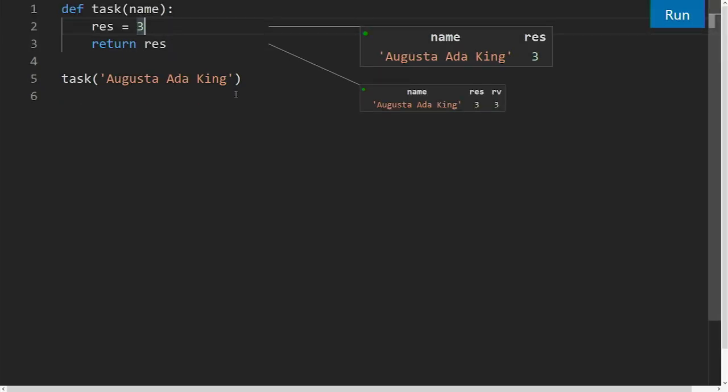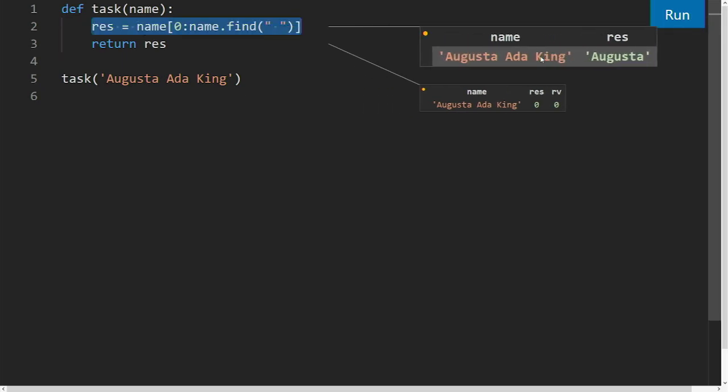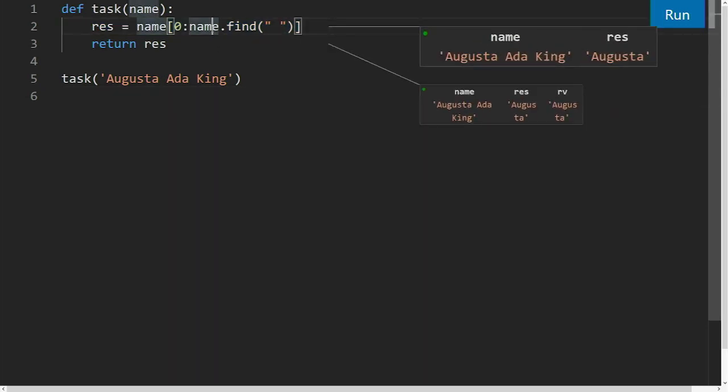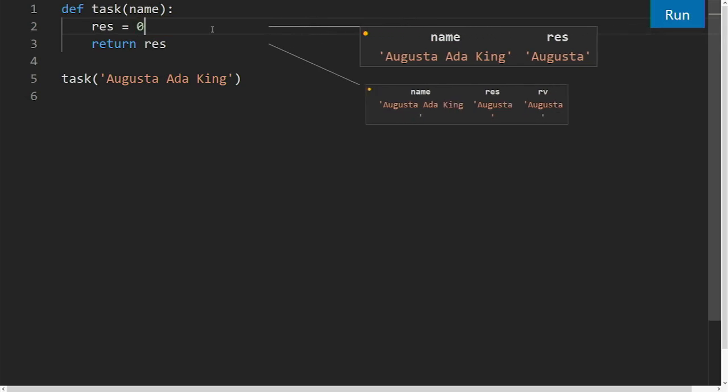So if I want to extract the first name, what I can do is I can type in double question mark. The tool is misbehaving. OK. And then I go inside this projection box, and I basically type in the value that I wanted to have, right? So for example, here I want Augusta, right? And it will just tell me, OK, you can do this, right? Which is basically the same program that we've seen on the slide, but in Python. I can also do more interesting things. So for example, what if I wanted,